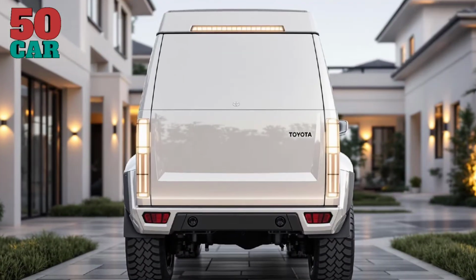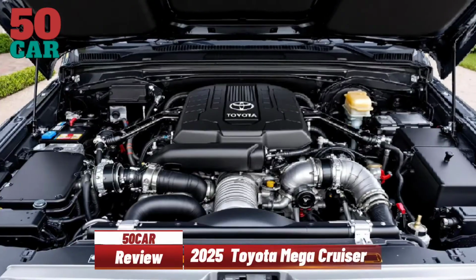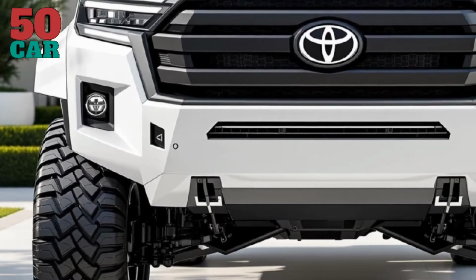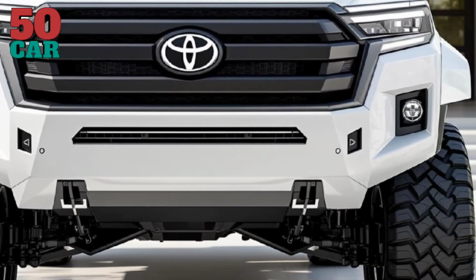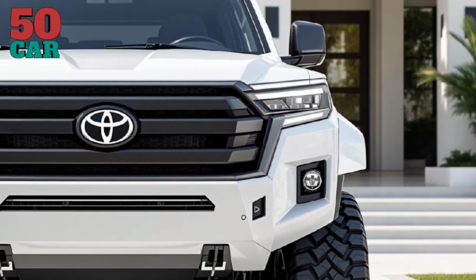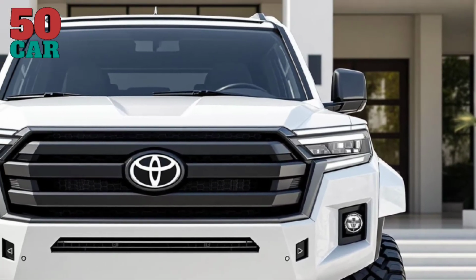Some vehicles ask politely to be noticed. The 2025 Toyota Mega Cruiser commands your attention like a rolling fortress. This reborn behemoth is no gentle commuter. It's a bold declaration of Toyota's off-road supremacy and military-inspired engineering, brought to life for those who demand more than